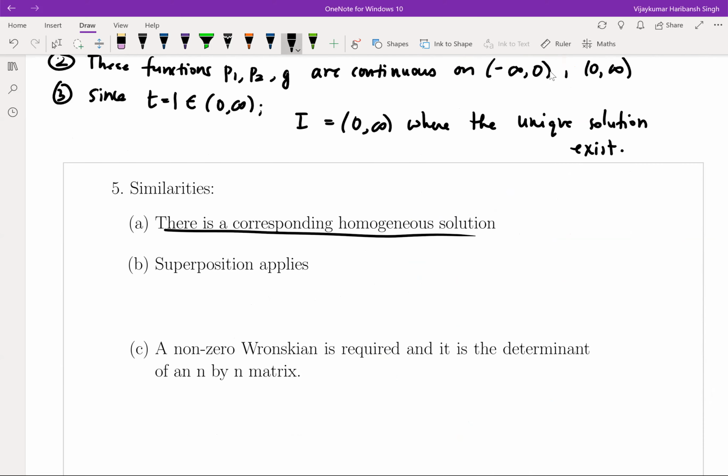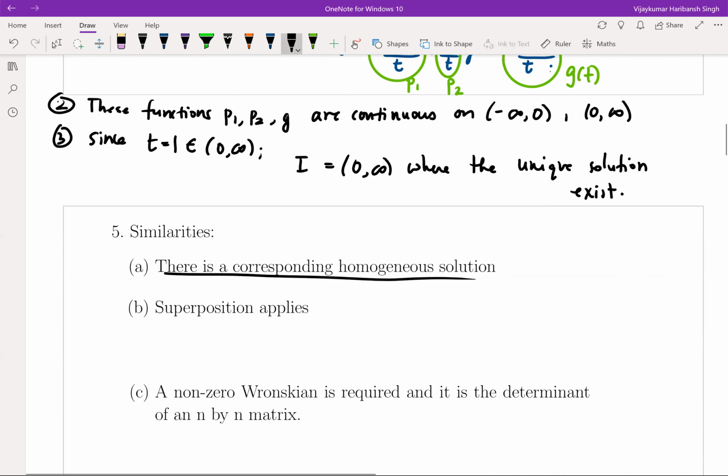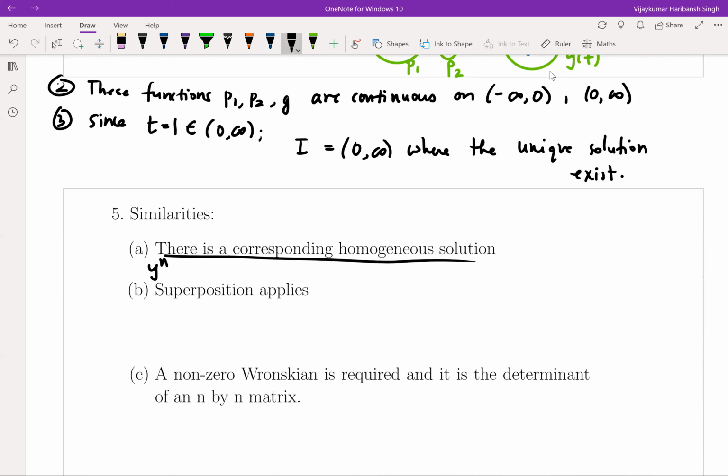If you let g of t equal 0 here, you will get a homogeneous differential equation, with y to the n plus p1 t y to the n minus 1 derivative, all the way until pn y equals 0. So this is a homogeneous equation, and suppose the general solution is given by